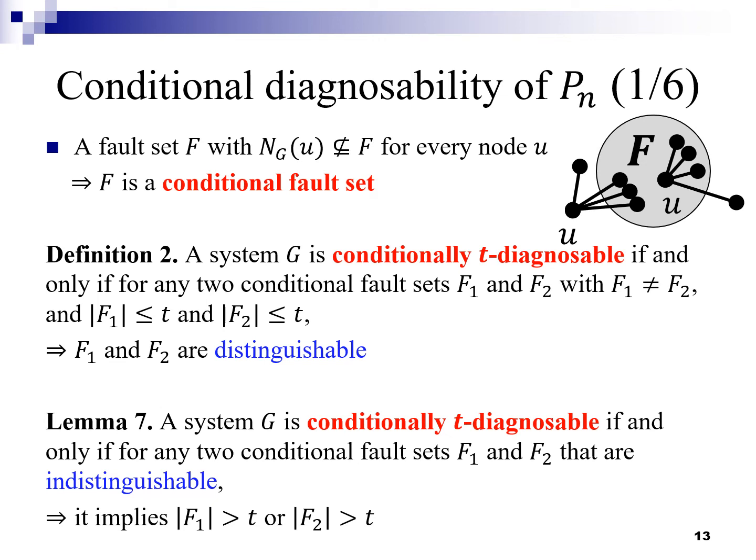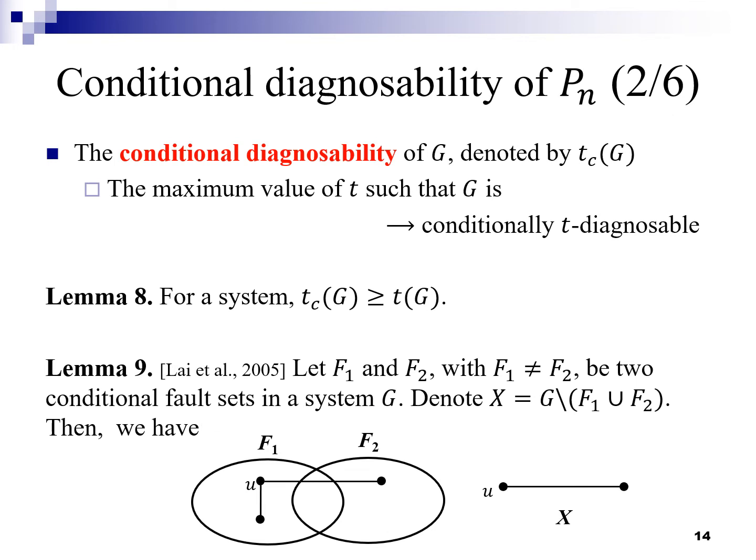We use this lemma in addition to definition 2, we use this lemma 7, to solve the conditional diagnosability of En. Now here we want to use a term to measure the fault diagnosis of the system,